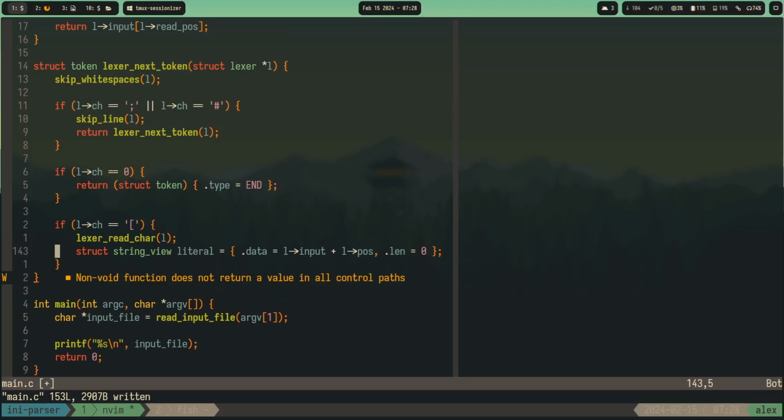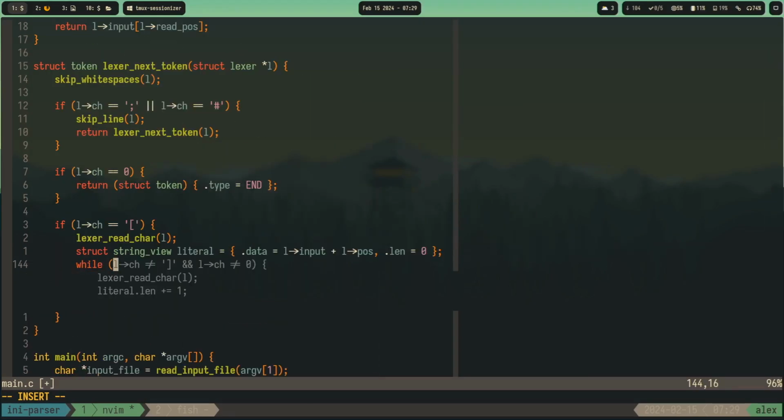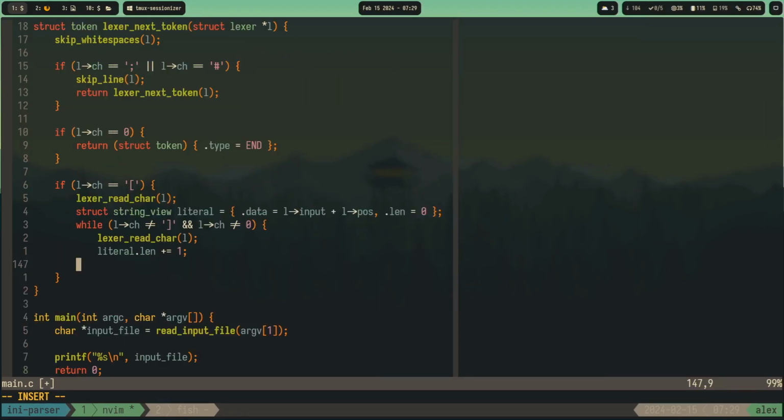So what we need to do now is to keep reading characters while the current character is different than closing bracket. So we have to do a while loop, L character is not equal to this thing,